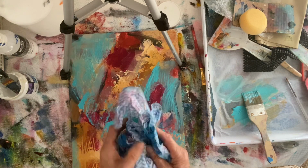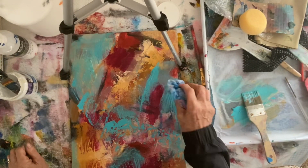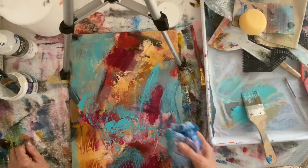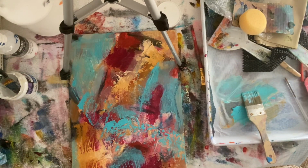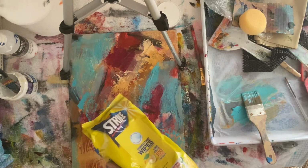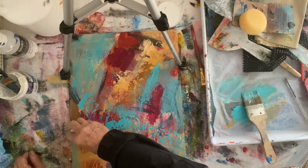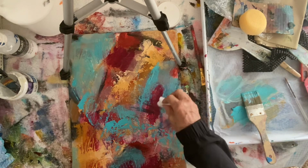This is just an old soft cloth. These are handy to have around the place. And you can just dab parts of it if you want to get rid of some of it and you're finding it's just a bit too much. The other way is, I've just got to find them. Here they are. These are amazing to have. These are wipes, baby wipes, disinfectant. I use these a lot in my art actually, and like there's parts there that I don't like and I think, no, that's not going to work. So I'll actually just use a baby wipe just to take out